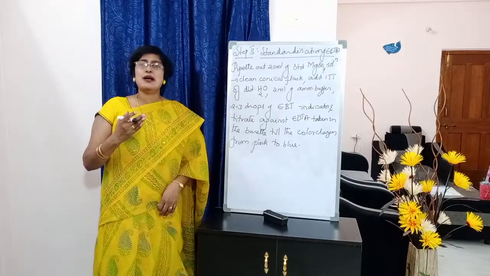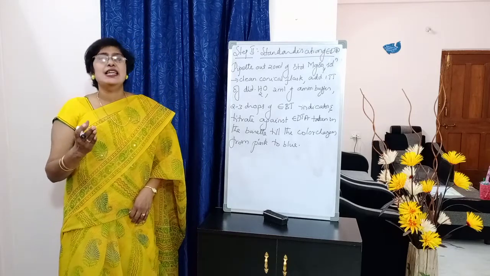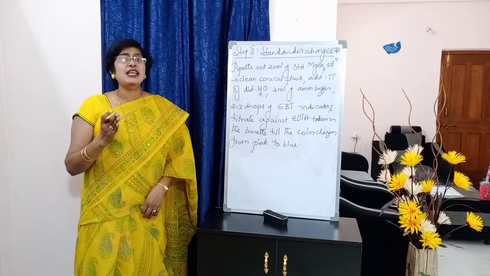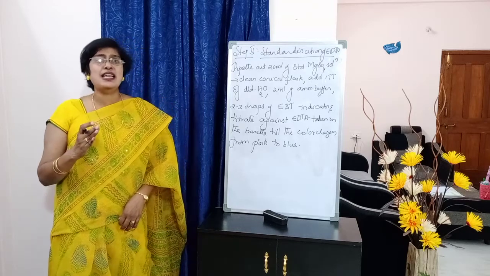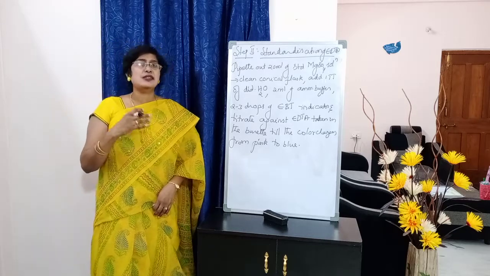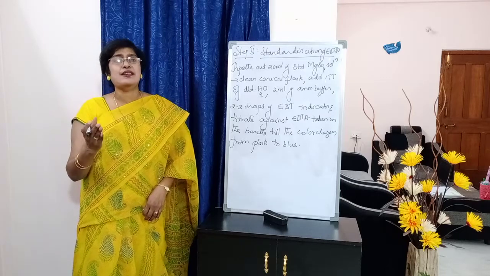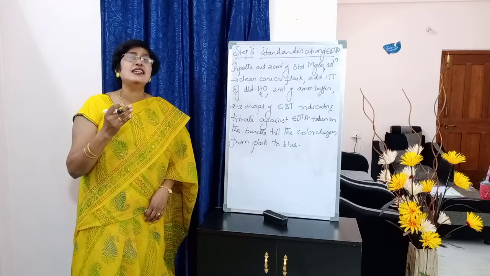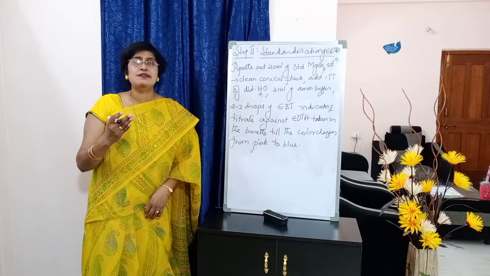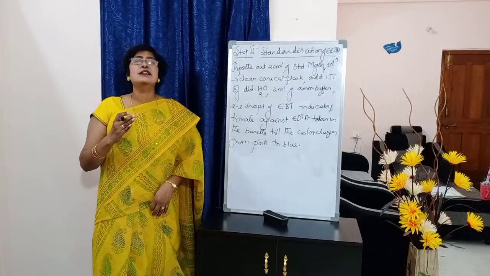Students, here ammonical buffer is added to maintain the pH of the solution. Immediately when ammonical buffer is added, the H plus ions of EDTA will be removed and the pH will be maintained. This is a basic buffer, students, prepared by dissolving NH4Cl in ammonium hydroxide. So this is already prepared in the laboratory and will be given to you. How much should you add? Just 2 ml of ammonical buffer in order to maintain the pH of the solution. So this is all about the procedure of standardization of EDTA.